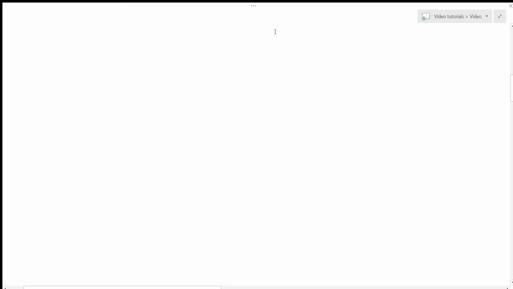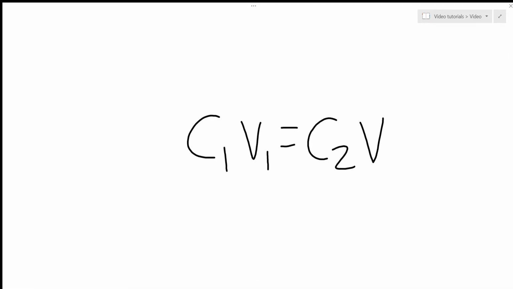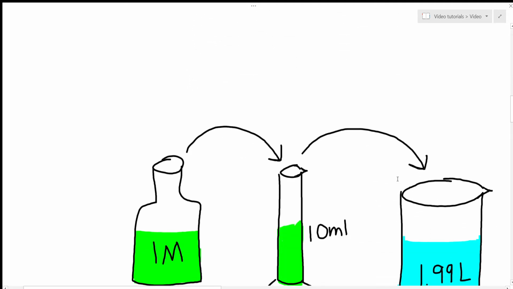There's only one equation which you really need to know, and that is C1 V1 equals C2 V2, which means the concentration times the volume of solution 1 equals the concentration times the volume of solution 2. And then the rest is all dimensional analysis, which just means making sure all the units match up. A basic calculation,